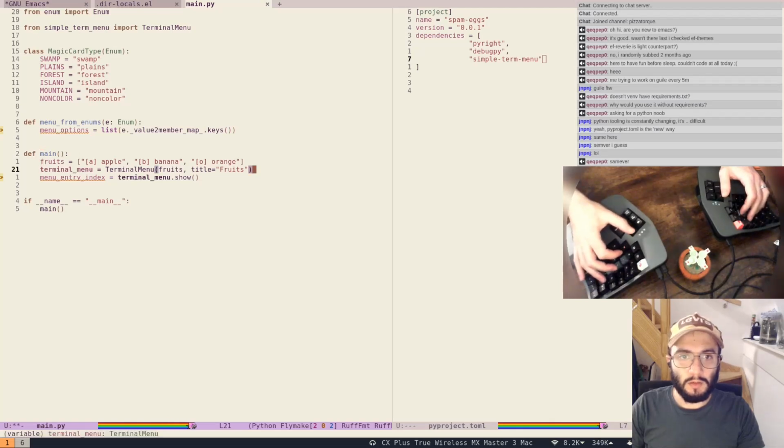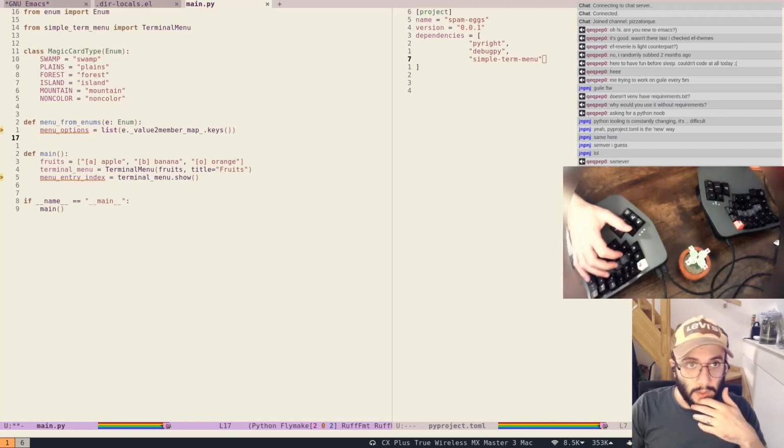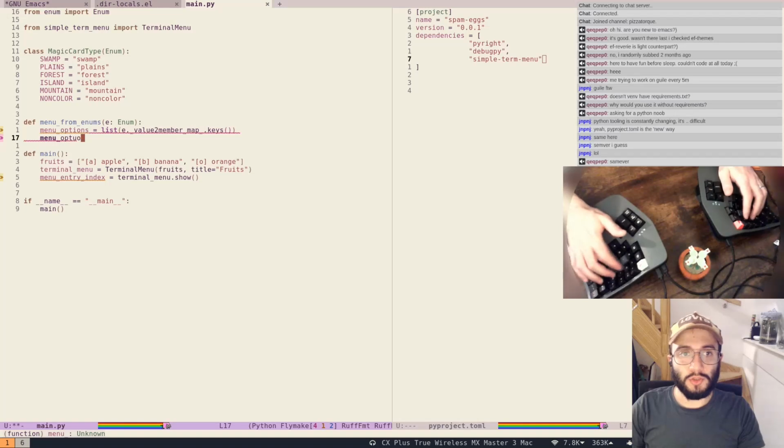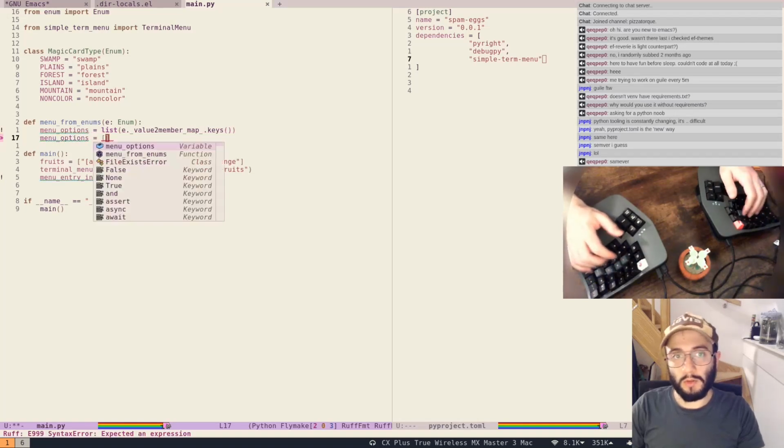So then we can make a terminal thing with just that list, but I also want the options, right? I want not only to have the options like bare bone, but with the letter. Each enum has a different letter. That's a big assumption to make if we want to make it generic. So what we're gonna do is just iterate through them, and menu options will be